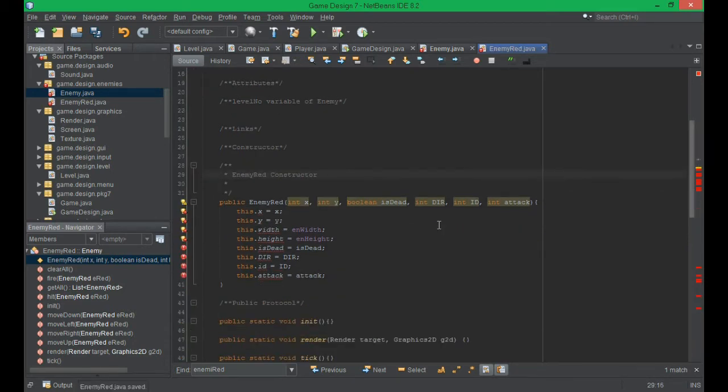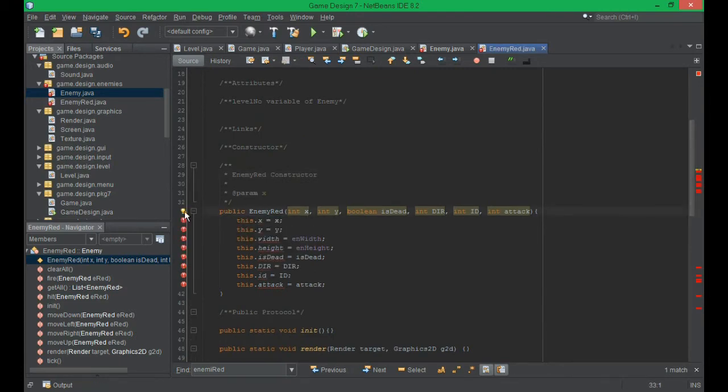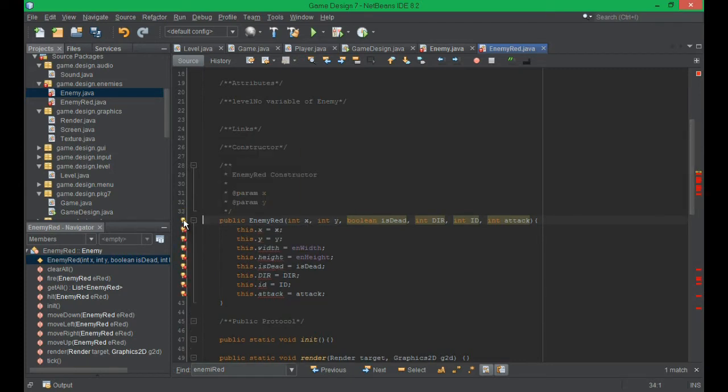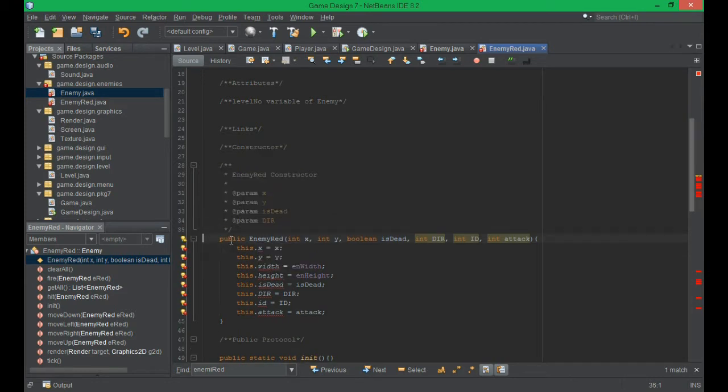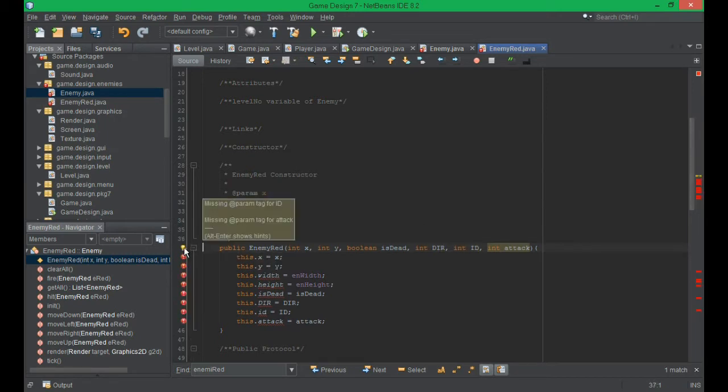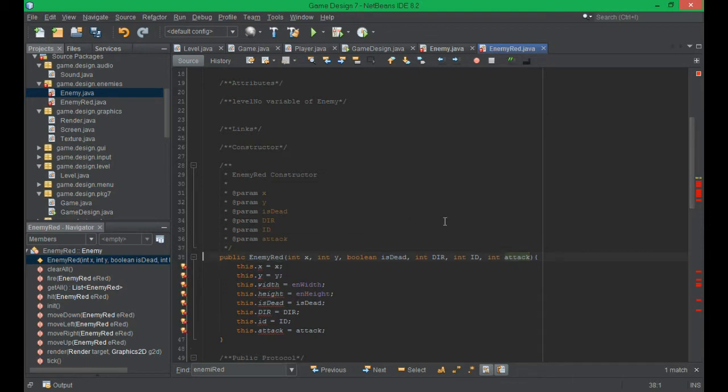Save that. Add the parameters. X, Y is then direction. ID and method of attack,